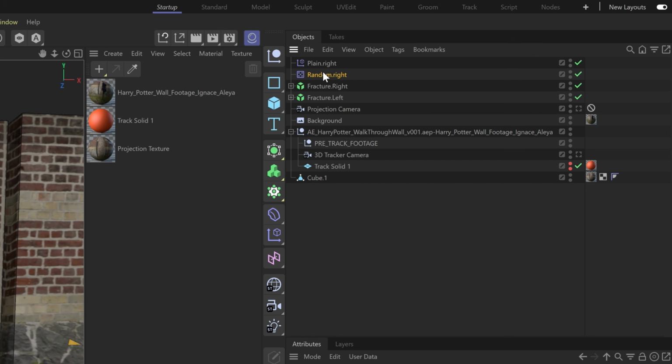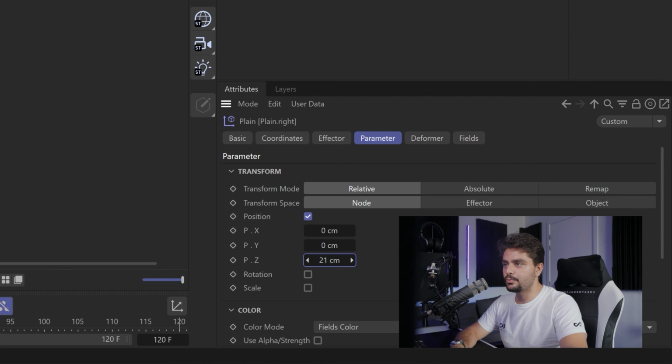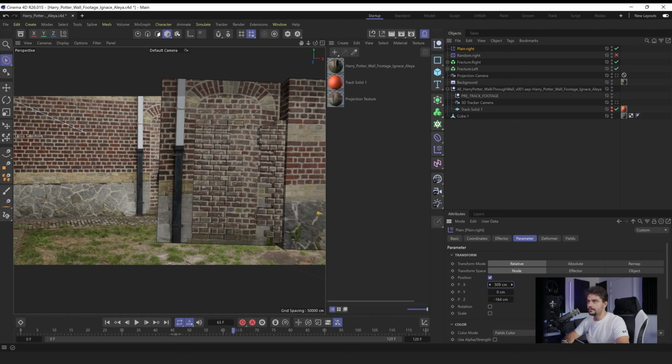And what we can do now is go over to the plane effector and actually turn off the random effector for now. So we can just concentrate on the plane, reset the Y and just bring it forward. So we just want to bring them forward and we also want to slide them to the right just like that. And we also want to enable the rotation and just rotate them a little bit here on the H,